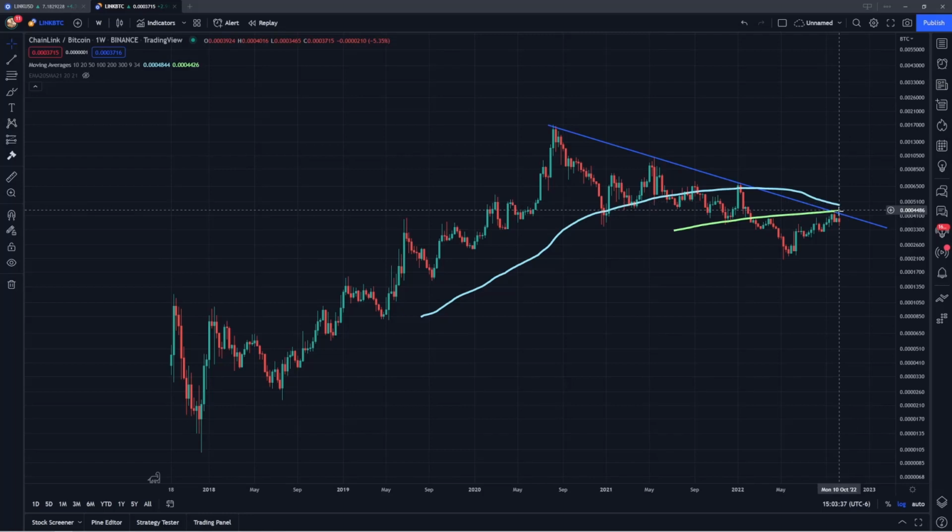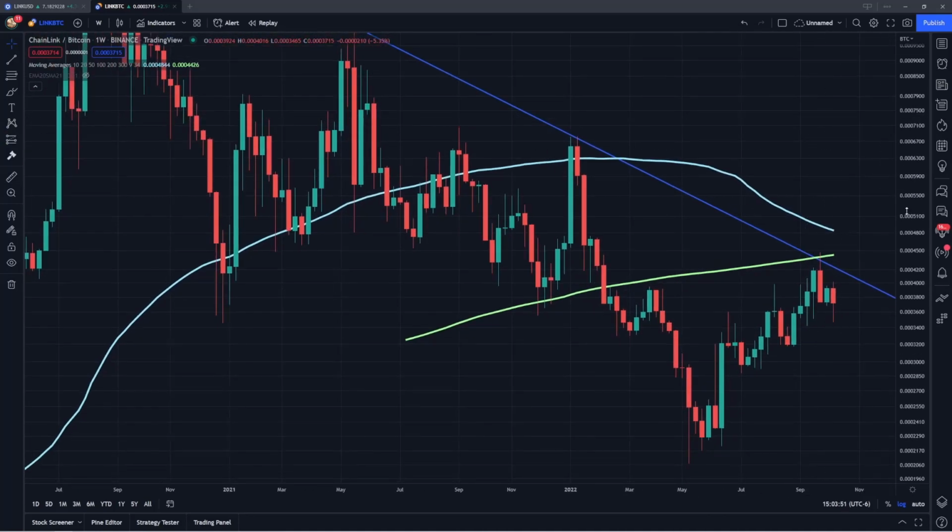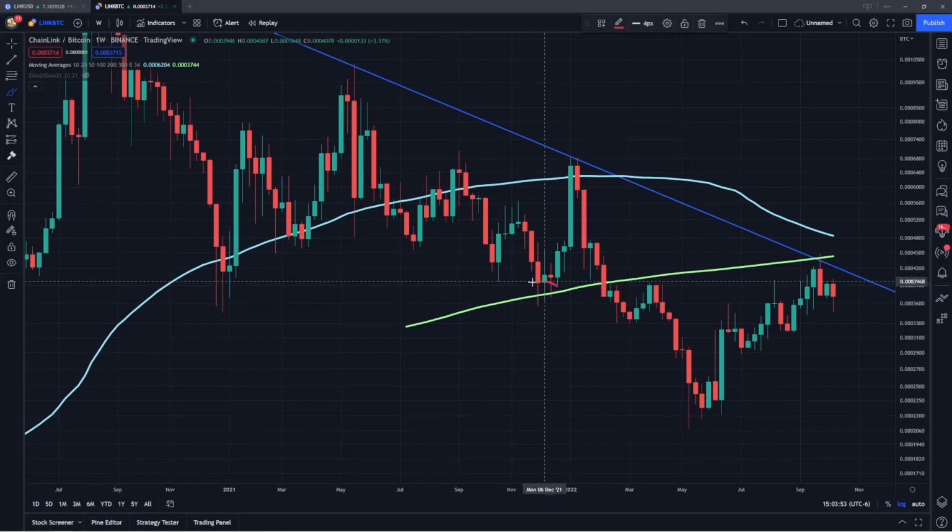Now, the 300-week is going to be this green line. You can see it just formed back here in July 2021, and the reason is that you need a minimum of 300 weeks to actually get this average. But you can see it was previous support right here in December. If I zoom in all the way, notice how Chainlink actually did respect this level, held it as support, bounced right off of it into the resistance, and then it came back down and actually flipped it back into resistance. So the 300-week average is one of the key levels that I do want to see Chainlink on the Bitcoin ratio start to reclaim.